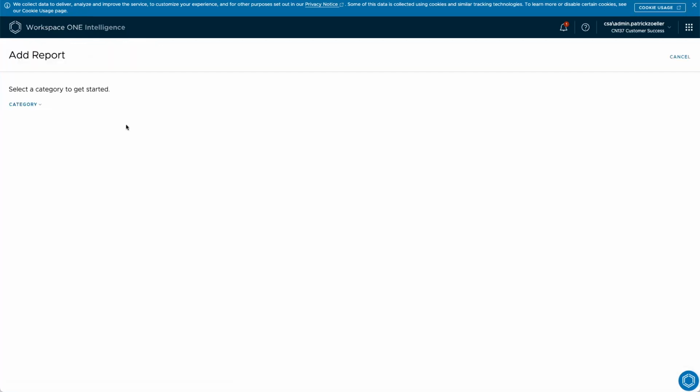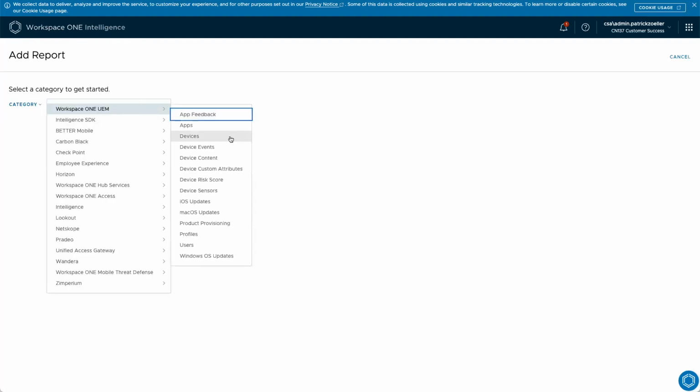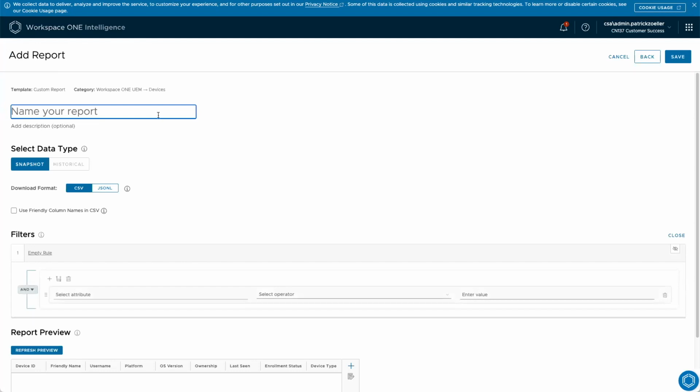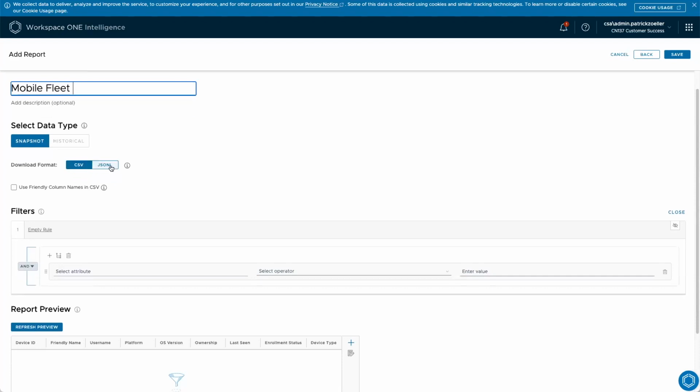While we take now the custom report, we can select the category. We use here Workspace ONE UEM devices as an example. Then we can name it, and let's name it mobile fleet. We can define if we want to download that as a JSON file or as a JSON-L. Also, we can define if we want to use friendly column names in the CSV file, which we want to